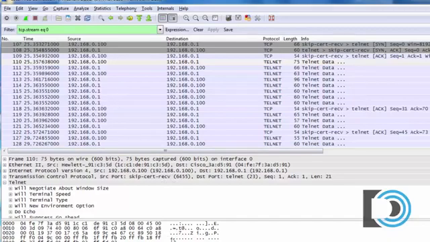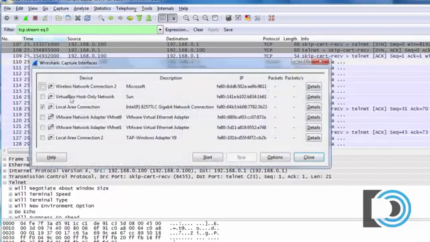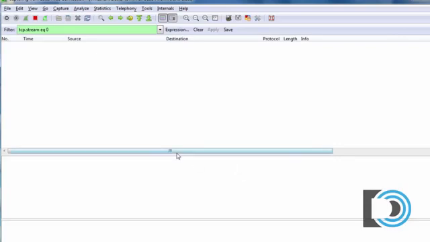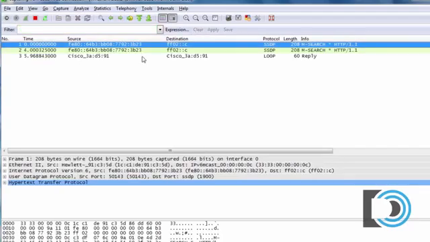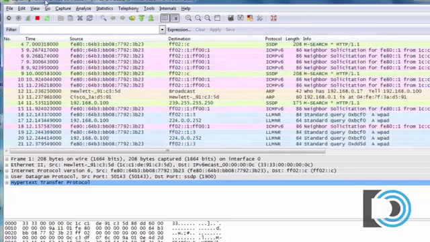So I'll press capture interfaces, same connection, start. I want to continue without saving the previous capture. I don't need to save all those packets, so I'll say continue without saving. I also don't need just the TCP stream, so I'll clear that so that we can see all types of communications here. And I'll open up PuTTY once again,